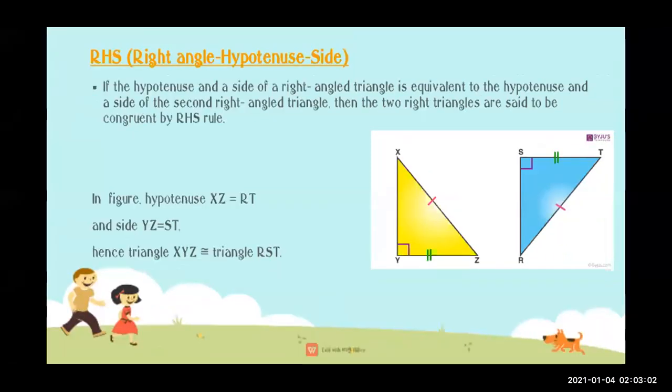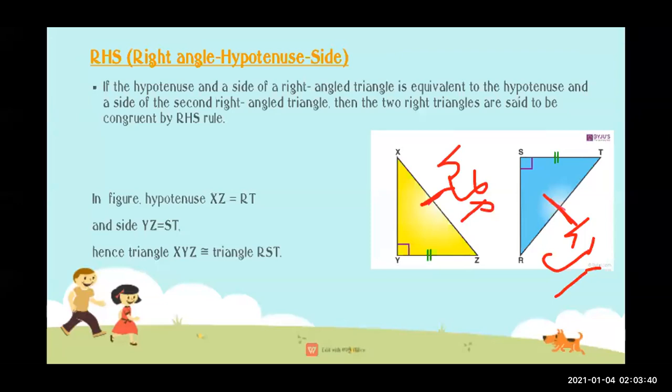Okay. So the last test is the hypotenuse side test, or right angle side test. Now for the hypotenuse, we have learned the formula: hypotenuse squared equals one side squared plus the other side squared. The side opposite the right angle is our hypotenuse. So while observing the figure, when the right angle opposite is shown, that means it is the hypotenuse side test.